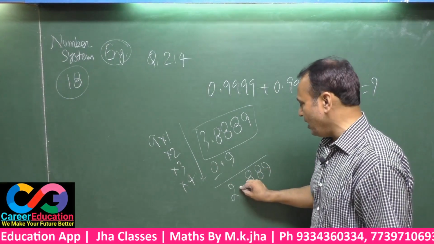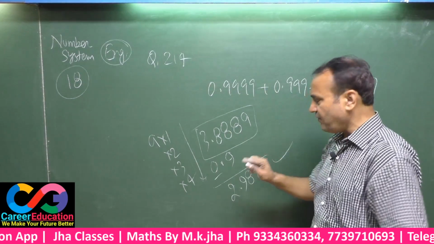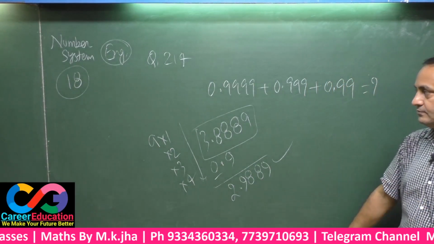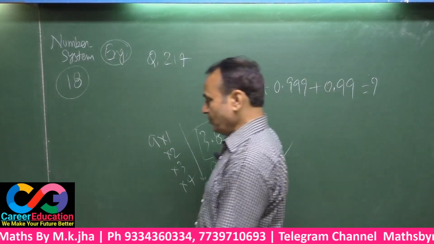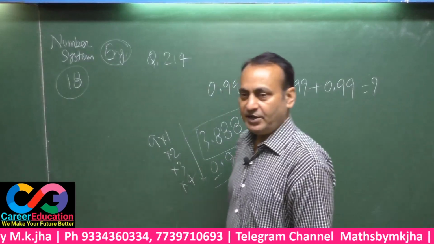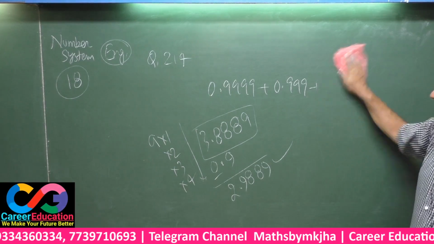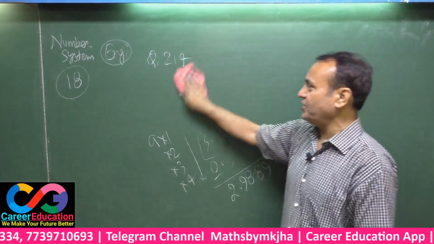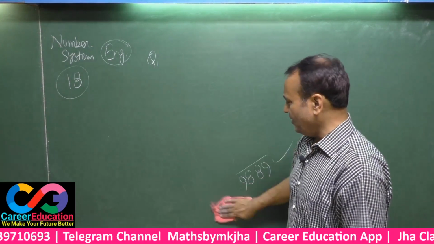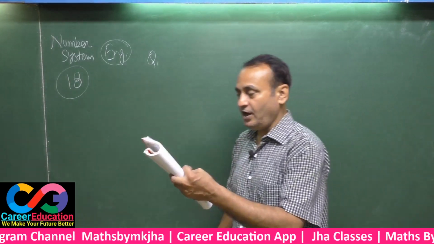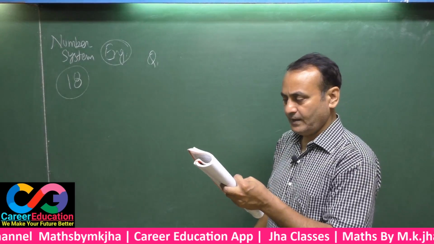988. This is 2.9. This is the final answer, 2.9889. Note down. That means when any term is disturbing you, applying your trick, certainly you apply the trick and at last that must be taken out. This is the fair way to solve such questions if trick is not being applied properly. Now see here,